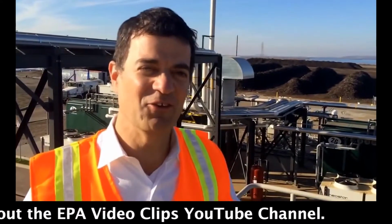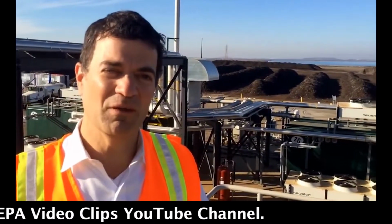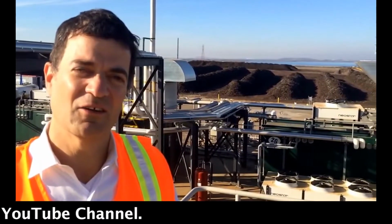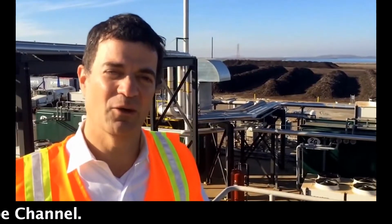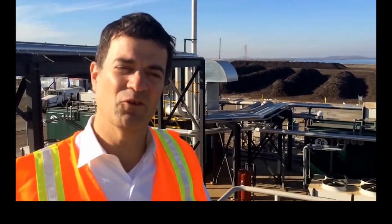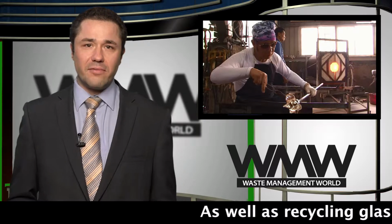Hard to believe they do it with so few moving parts, but it's really revolutionary. And the coolest thing is, it really can be done anywhere. So this is a model for many parts of California, but also the rest of the nation. How we can turn food scraps. Amazing to me that 25% of all the fresh water in the United States goes to making food that's then thrown right away. In Taiwan, a celebrated glass artist is recycling 100,000 tonnes of glass waste every year to produce